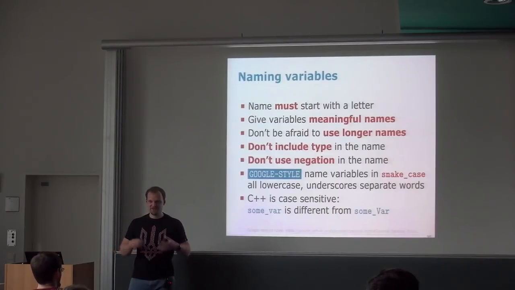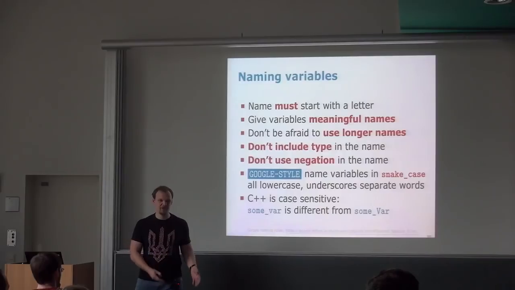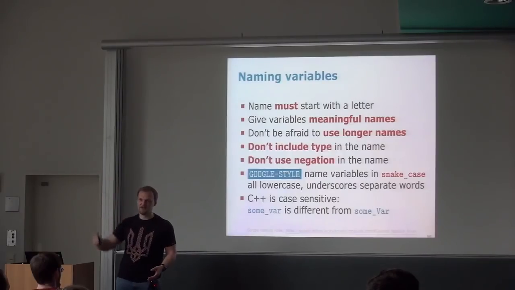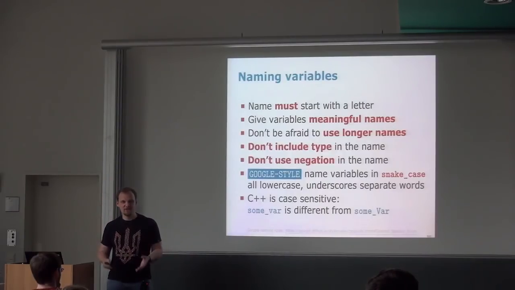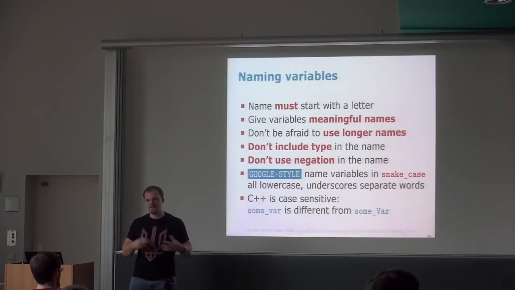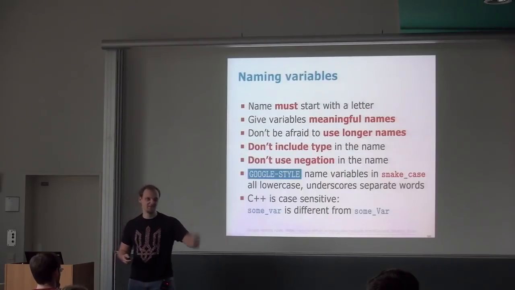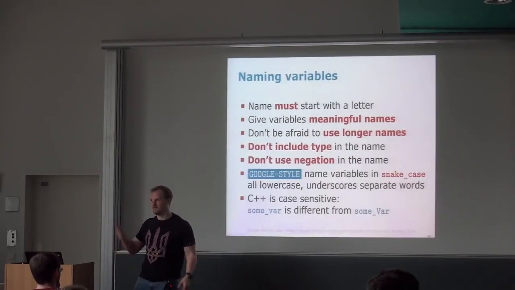So don't be afraid to use a long name. Don't use names like A, B, C, and so on, because you will come back to it and you will want to kick yourself because you will not remember what they mean. And then you will have to read the whole code again to understand what you meant there. If you just name them correctly, you won't have that. You will just look at it, okay, well, that's clear. This variable contains the weather in Bonn, for instance.